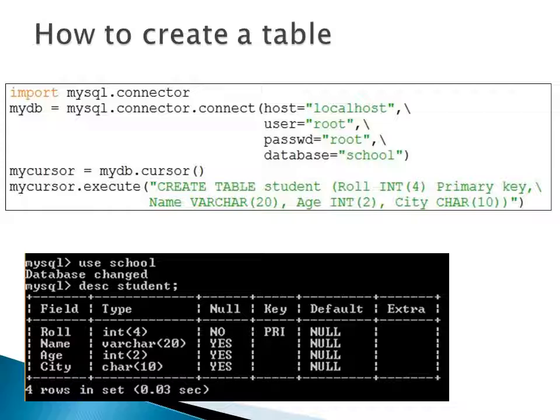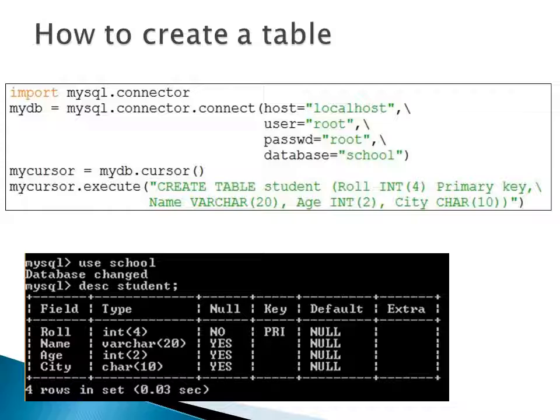First one is roll number, second one is name, third one age and city. When you will run this program, a table is created in your database named school. This is our database name which we have already created in MySQL. Now this table student will be created in school database.